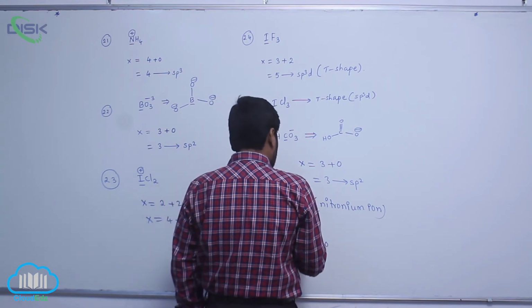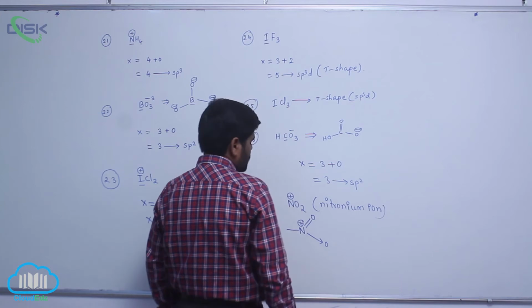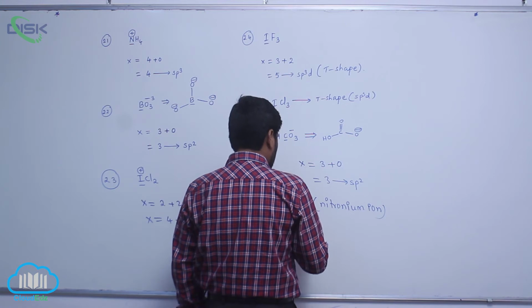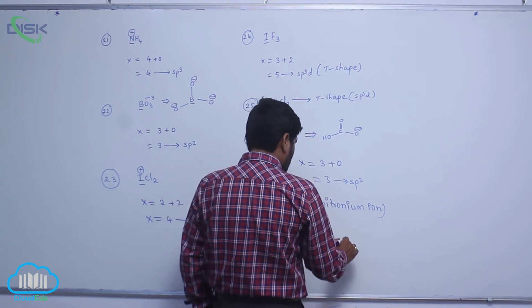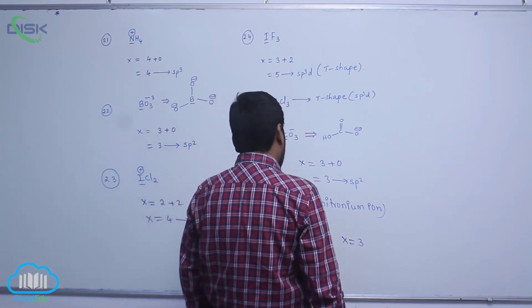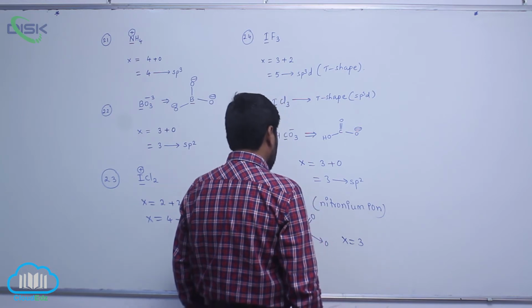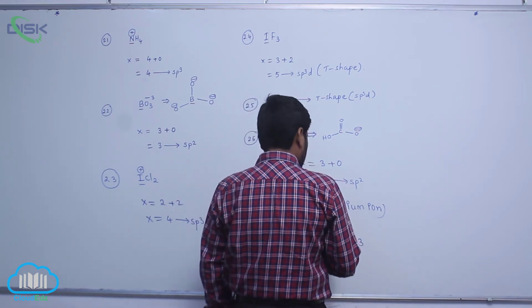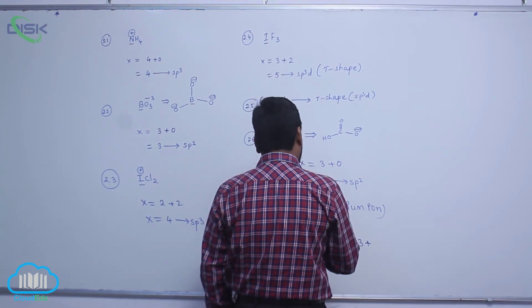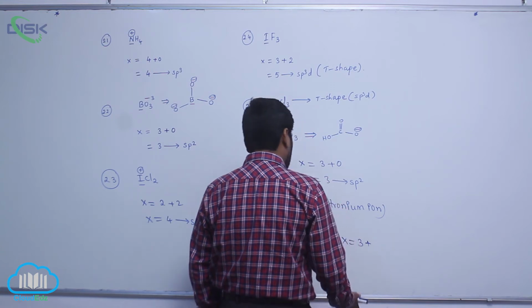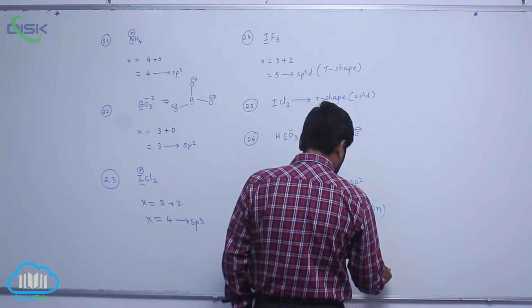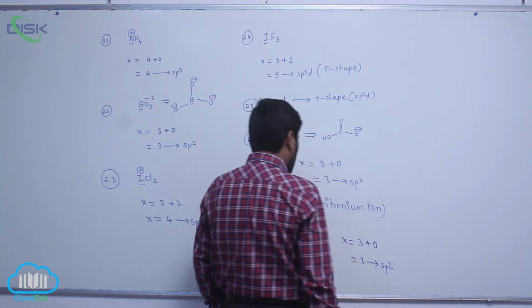Now this is like this. So 1 sigma, second sigma, third sigma, number of sigma bonds equals 3. Is there any lone pair? Nitrogen belongs to the fifth group, 5 minus number of bonds formed 5, no lone pair of electrons, so therefore it belongs to sp2 hybridization.